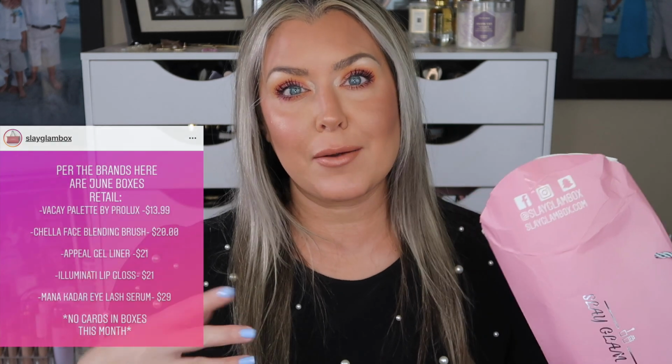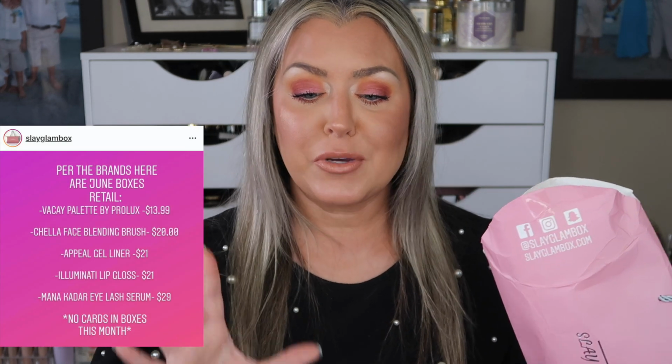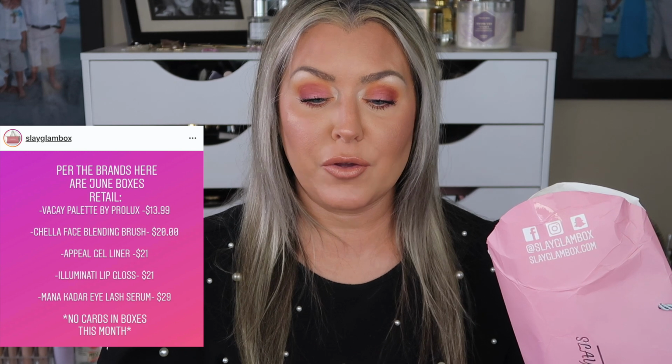So there is no card in this June box. She actually posted to Instagram letting everybody know that, but she did let us know everything that is in the box, as well as the prices of everything, to make things a little bit easier for all of us. So, like I said, this box is $24 a month, and the first item we did receive